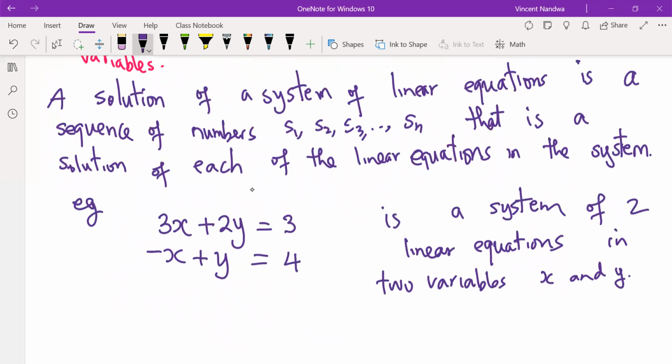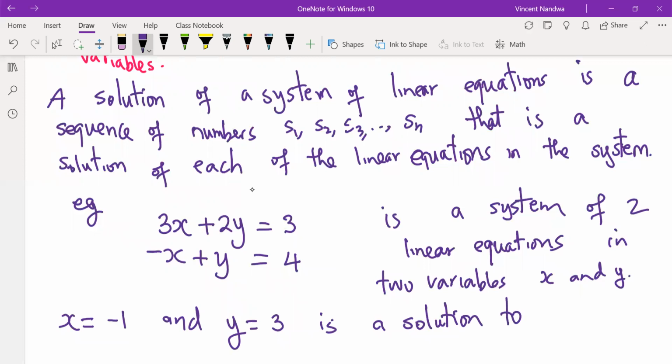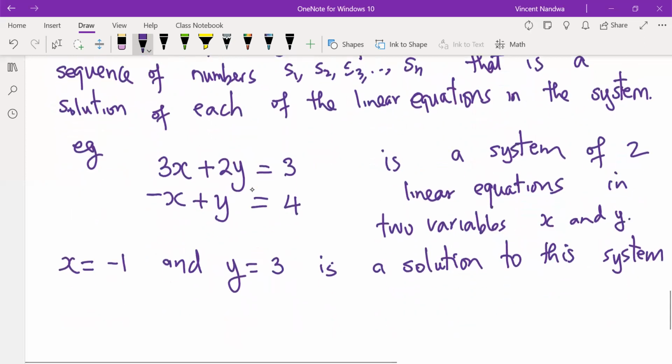Now, x equals -1 and y equals 3 is a solution to this system, since